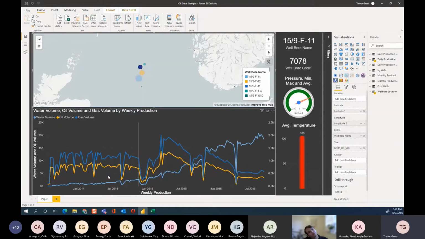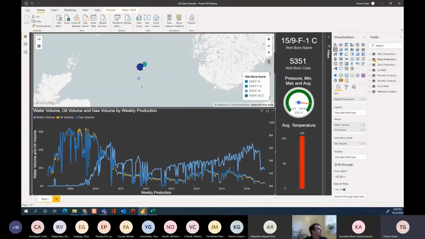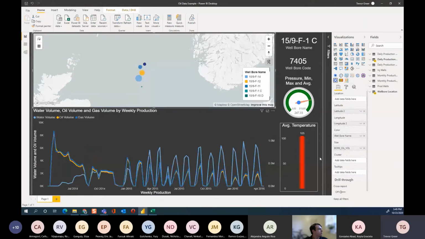So if I click on one of these other ones, you'll then see the data automatically change whenever I click on one of them. And you can also click for a particular week, like we have our weekly production set up here. I can click on one of those, and then we'll get things like our pressure and temperature corresponding to that day also, just like we had when we were slicing for one of these different wells as well. Okay,